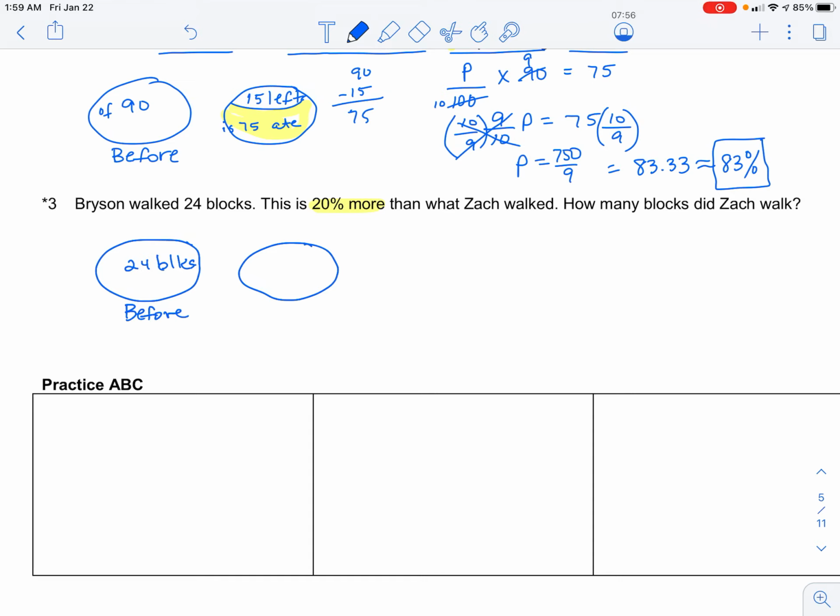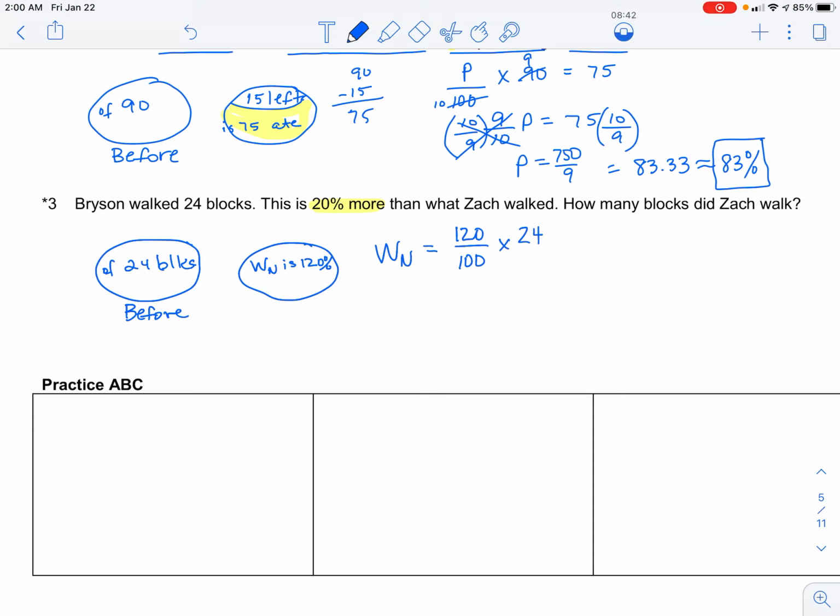Now, I want you to think about this, okay? If Bryson walked 20% more than what Zach walked, that means he walked the 100%. He walked 100% of what Bryson walked plus 20% more. So when you're figuring this out, you're not going to use 20%. You're actually going to use 120%. So we're looking for what number is 120% of 24 blocks. So let's write this out. So what number is 120%